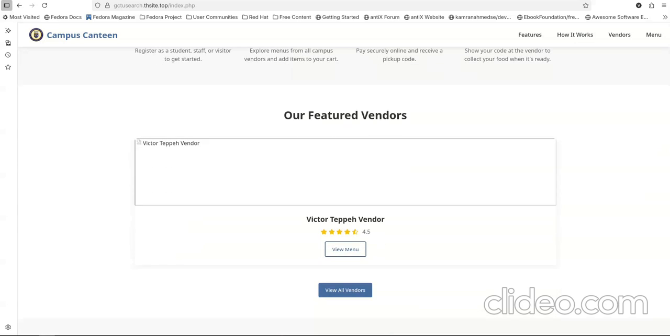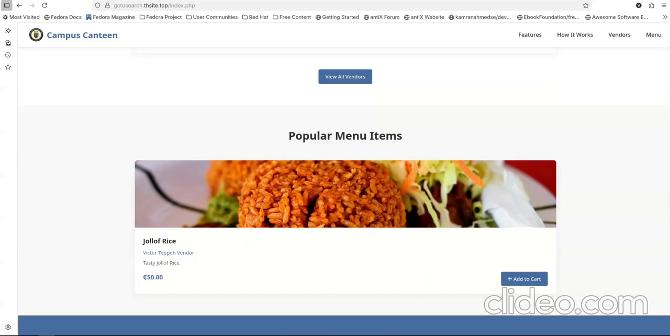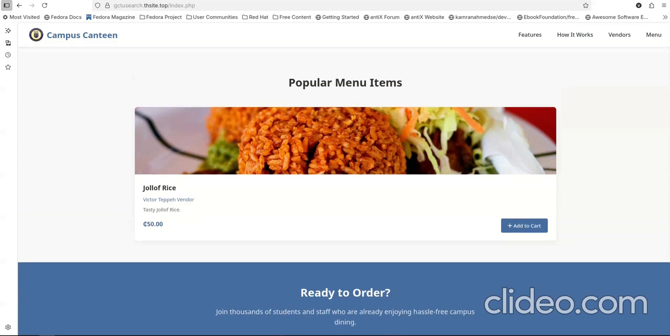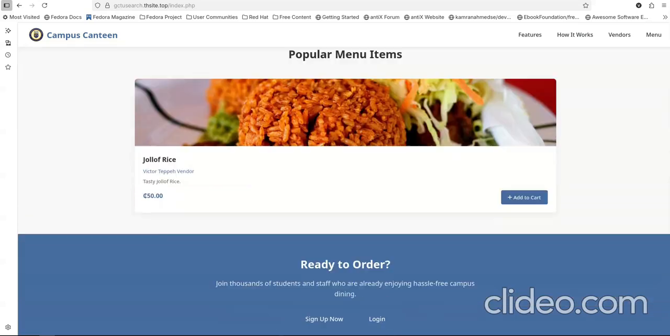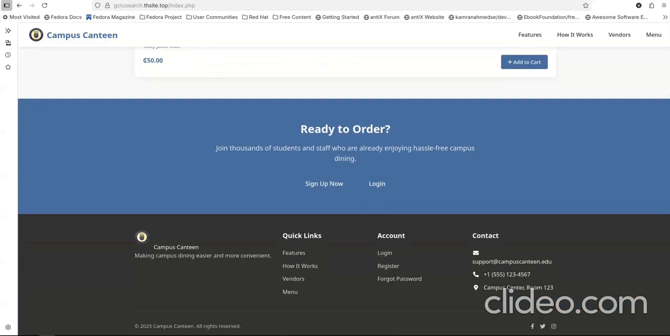So we go back to the dashboard to see, because this vendor we didn't use any picture, it's empty. And when you scroll back, you can see that the food menu has been updated. So anytime the popular food for the day shows up at the landing page to entice